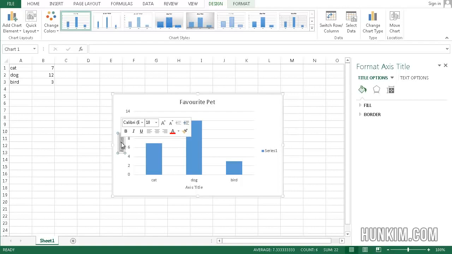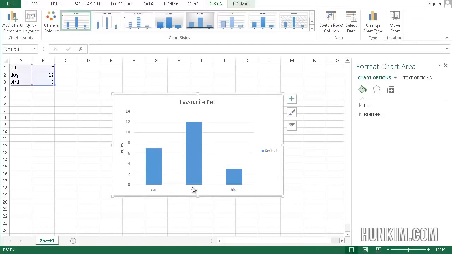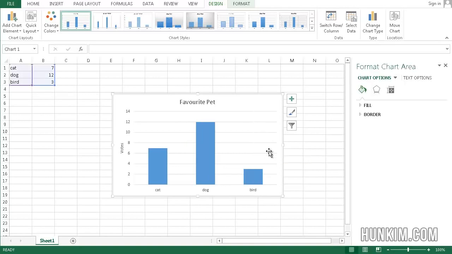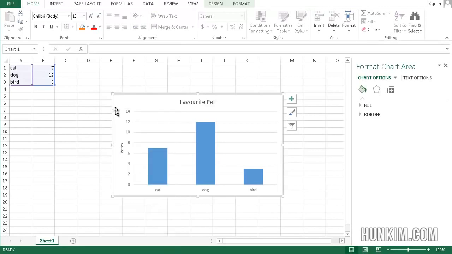And we can see that we can actually add more titles. For example, on the side I can write votes, and on the bottom I don't actually want it, so if you click off of it and you click on it once, you can press delete. And series 1, I don't want that either. I can click on it once and press delete. Alright, and you can right click the actual chart,